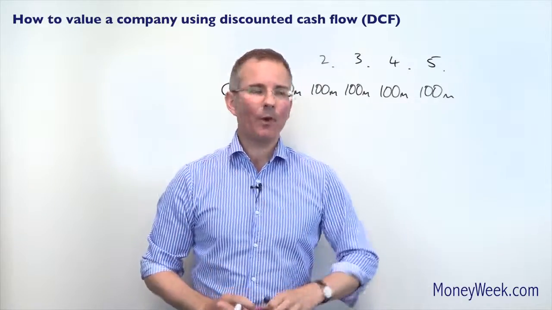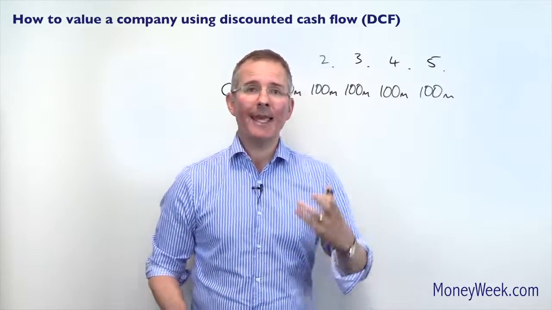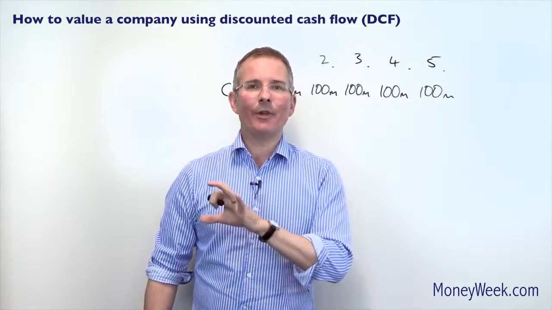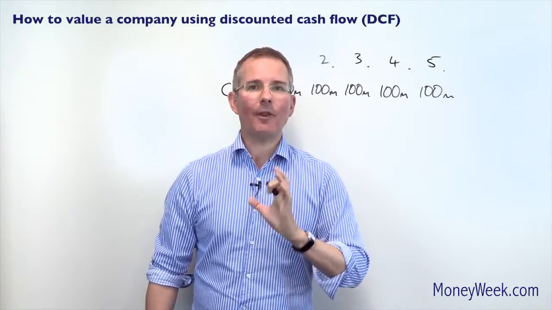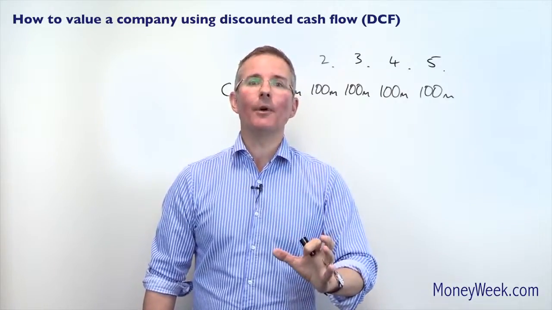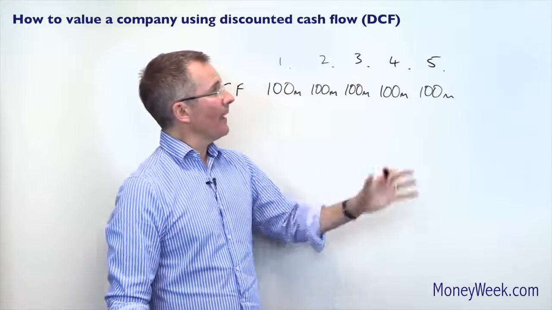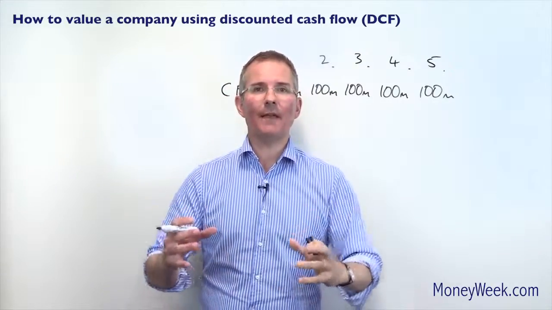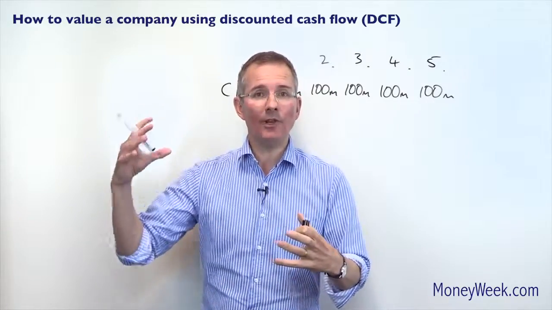Because straight away you've got a problem, which is, if you've got your forecasts right, let's assume you have, is 100 million in 5 years' time worth as much as it is received in 1 year's time? And the answer is no, because inflation erodes the value of money over time. Now, this is not a maths video, and I cover discounting somewhere else, which I mentioned at the end, but what I'm about to say is you can't just add up these 100 millions and say, well, the company is worth 500 million. That's the value of the income it generates, because you need to do something called discounting, hence the expression DCF,